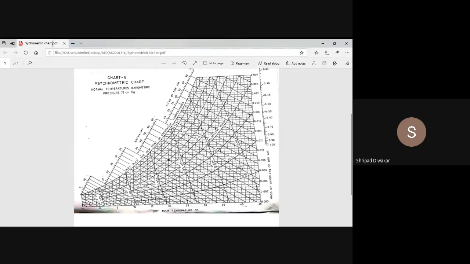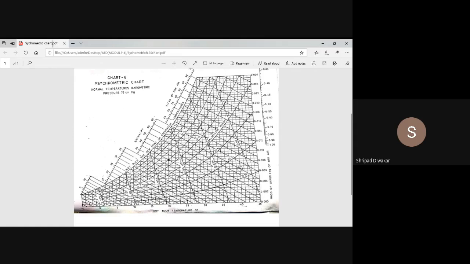If it is in between, you have to take the accurate middle value. Middle value means the average of the 2 values. If it is nearer to one line, you can write that value only, no problem. You have to analyze the nearest one. If the nearest line is 0.825, you can write 0.825 directly. Suppose it lies exactly in between, then you have to take the interpolation. Interpolation means 0.825 plus 0.85 divided by 2.